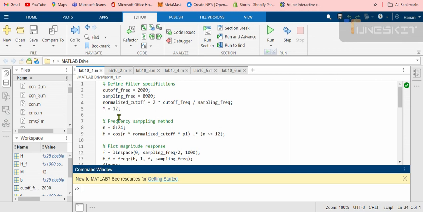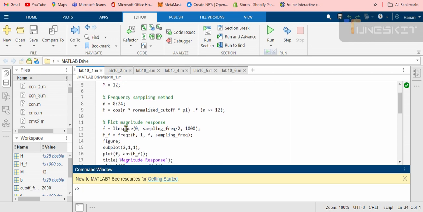So we have cutoff frequency 2000, sampling frequency 8000. We have to normalize the cutoff frequency, and we have M equal to 12. Now use the frequency sampling method, with n ranging from 0 to 24. Then find h.